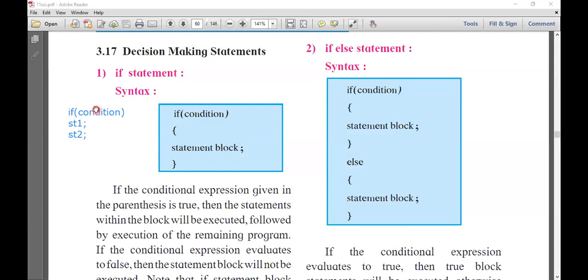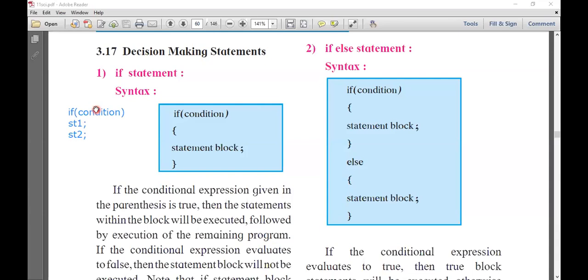Okay, understood what I said? It is a very important part to understand if condition. If you understand this part, then only you can do the program related to if statement, if else statement, if else if statement. Okay, so this is the basic part of condition statement.